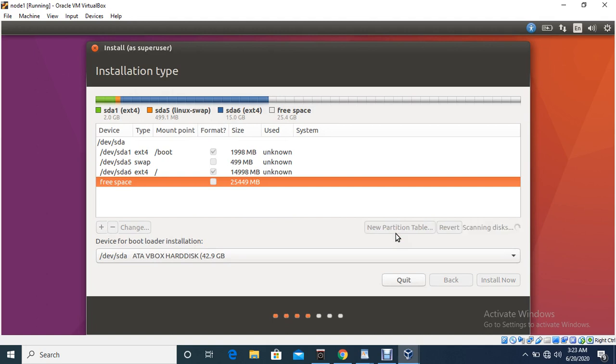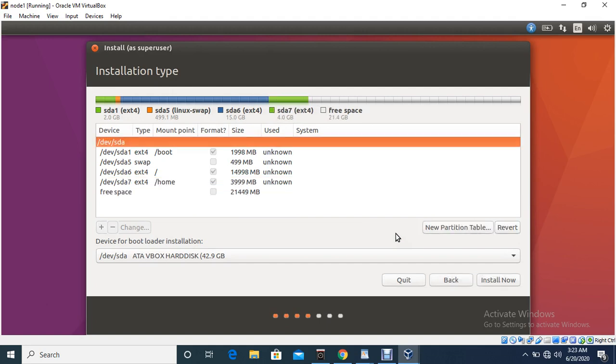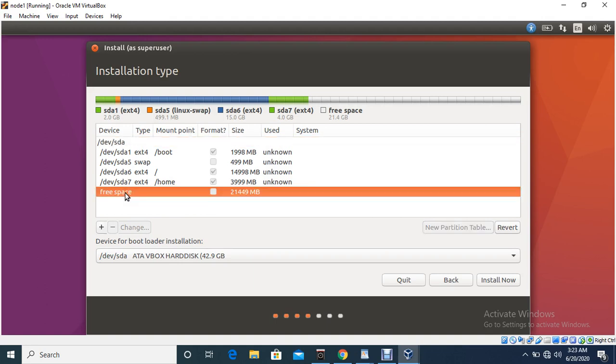Suppose you are a user, so your files, media player, music, pictures, this kind of information will be stored in your home directory. So user information will be stored in /home, you can say.